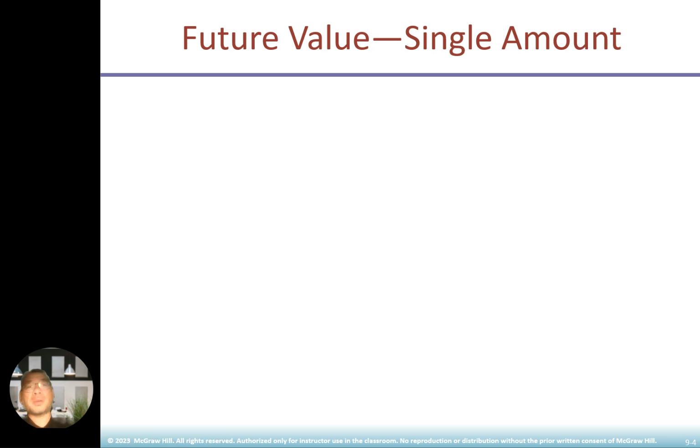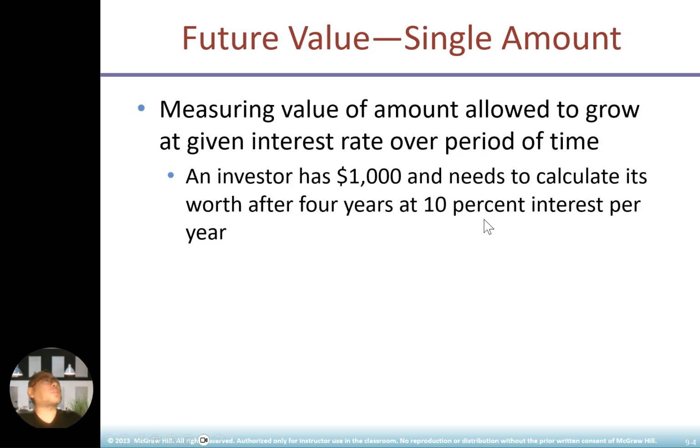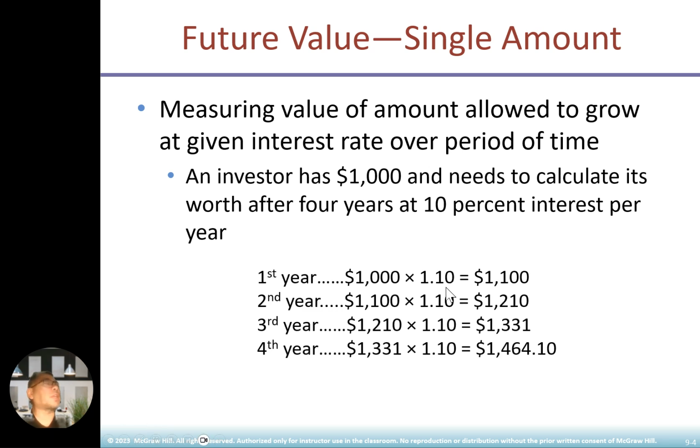There's the future value of a single amount, measuring the amount allowed to grow at a given interest rate over a period of time. For example, an investor has $1,000 and needs to calculate its worth over 4 years at 10% interest. So how are you going to calculate? First year is 1100. Second year is 1100 times 1.1, or 1210. Then 1210 at the beginning of the third year times 1.1, we get 1331. Fourth year, 1331 times 1.1,